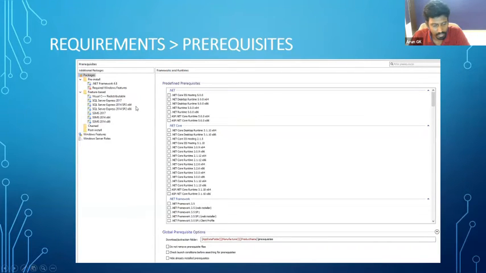Feature-based means some clients already have the latest SQL Server. They don't want our own version of SQL Server. Then they can skip that installation, for example, SQL Server. They can skip the SQL Server version like that. We can code that kind of install prerequisites. We can add it under feature-based.